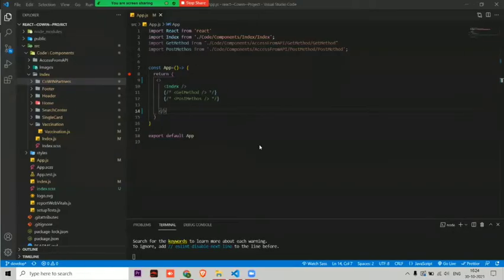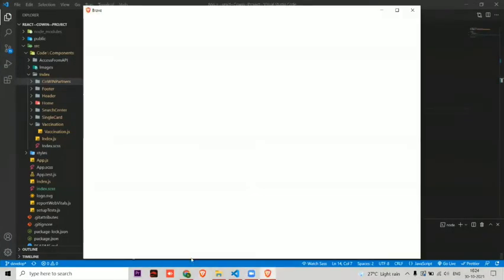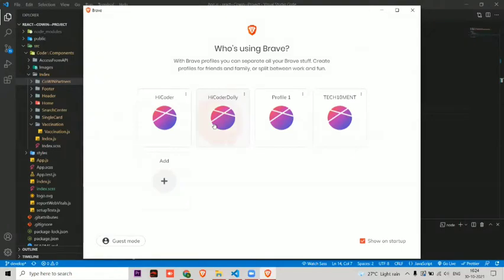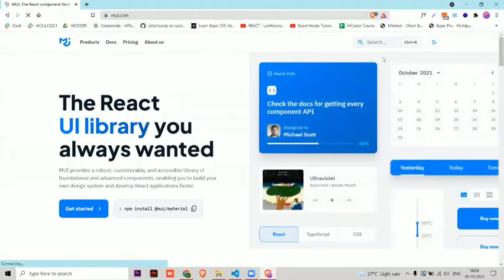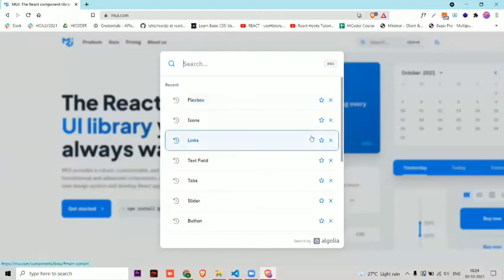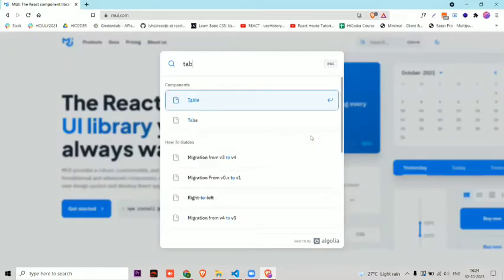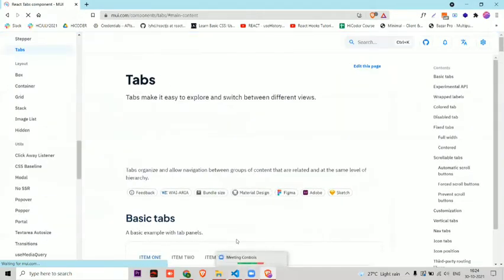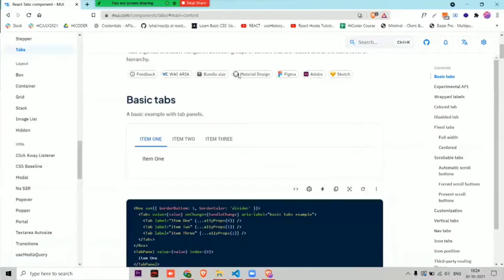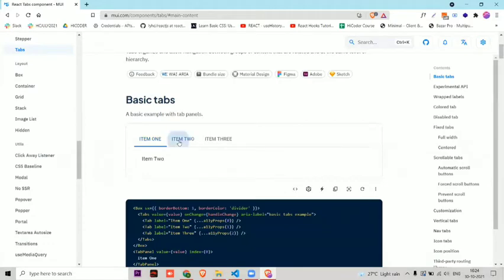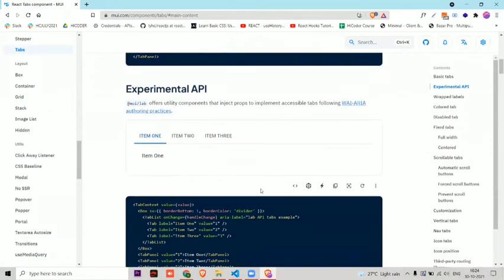Before that, I would like to show you a few MUI components which are quite tough, and you should use them. And if you want to make them, then you can search here. So first of all is tabs. Okay, I have used tabs for the navbar, which I have taken from here itself. Here you can see 1 2 3. Whenever we are scrolling, it changes the thing, but you can get other components also.